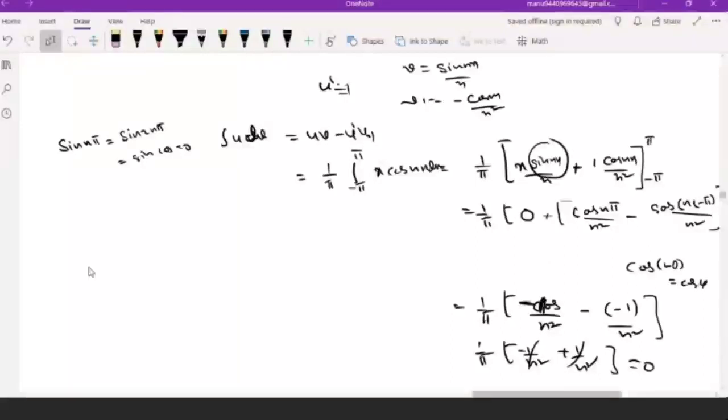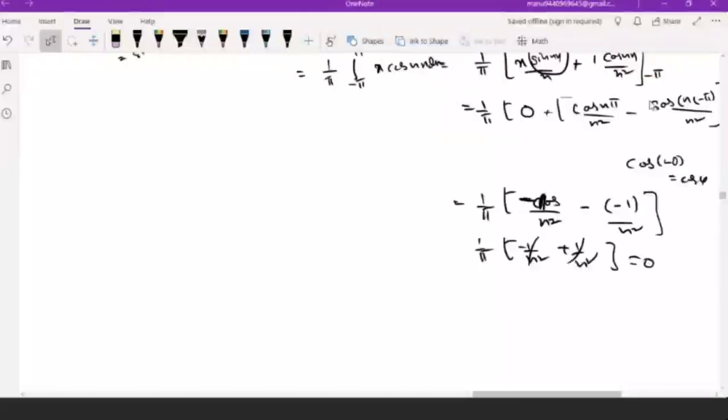So when we have an odd function, f of x is an odd function, if you are finding the answer, we will get 0. So for that we are using the property.